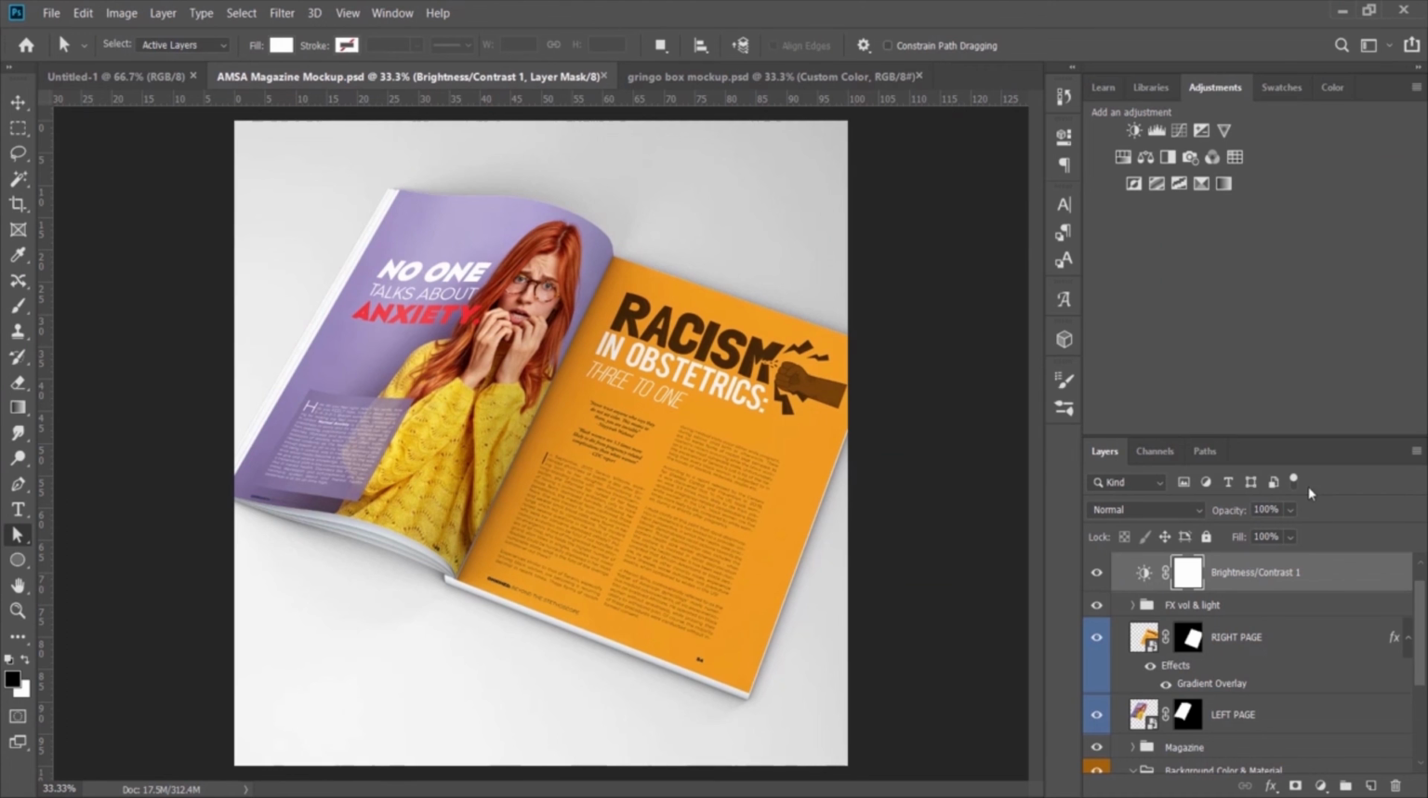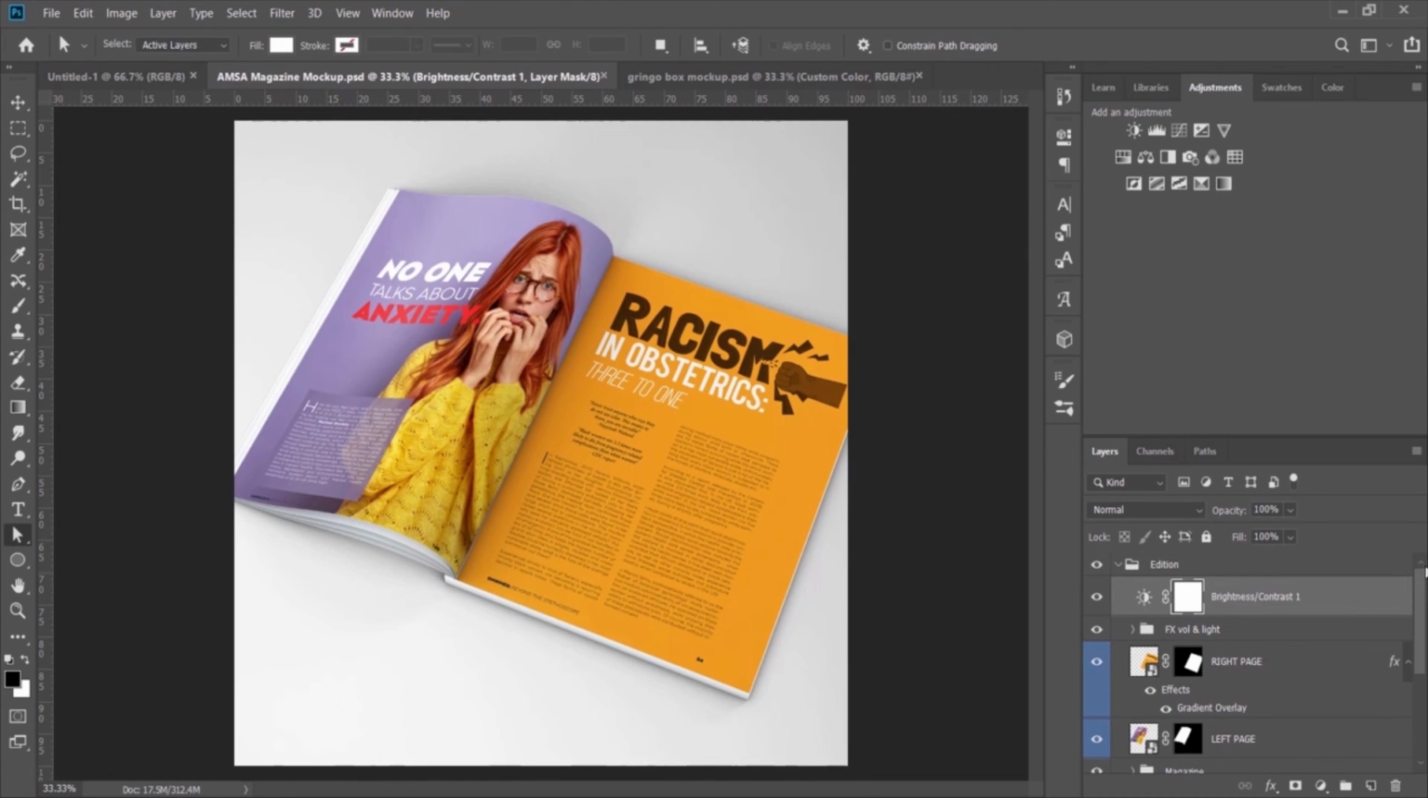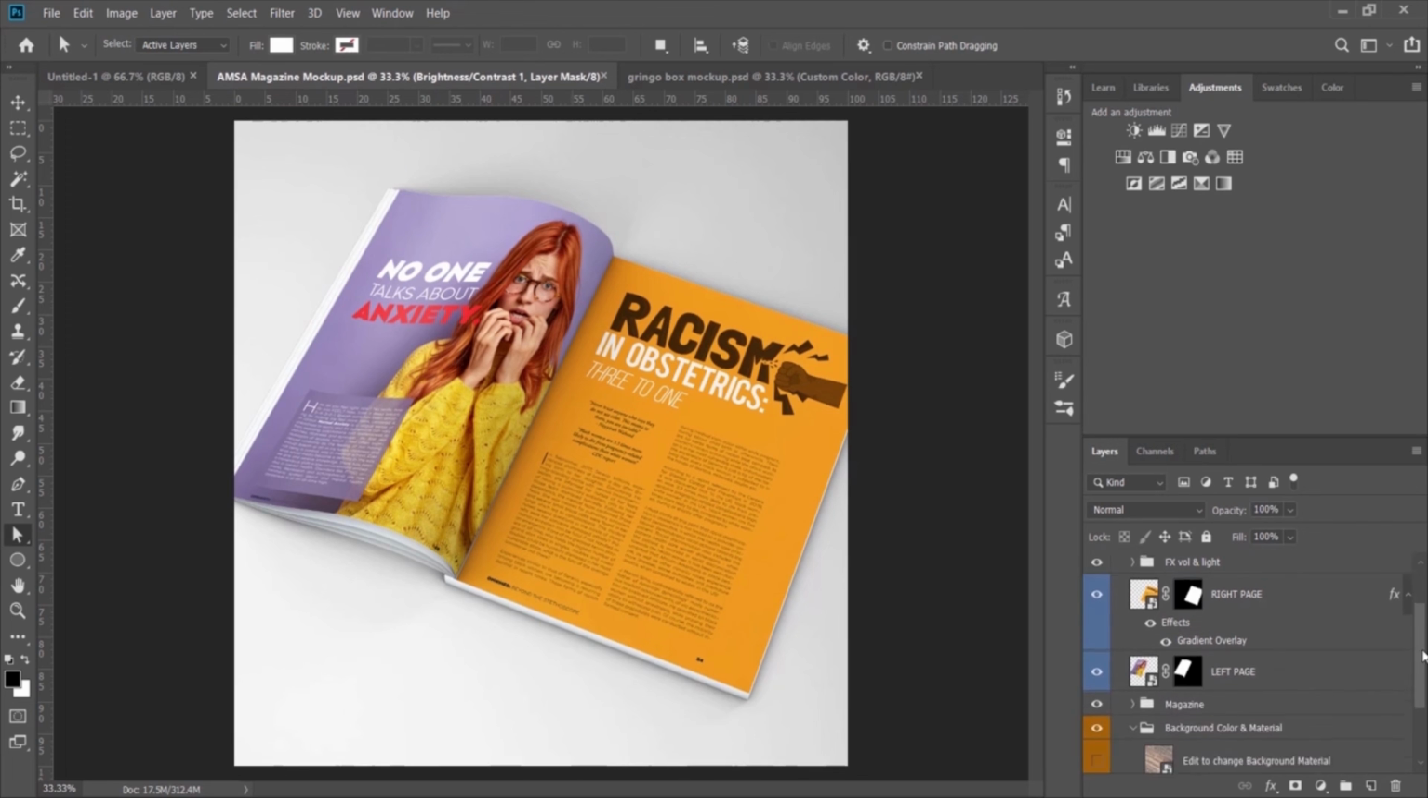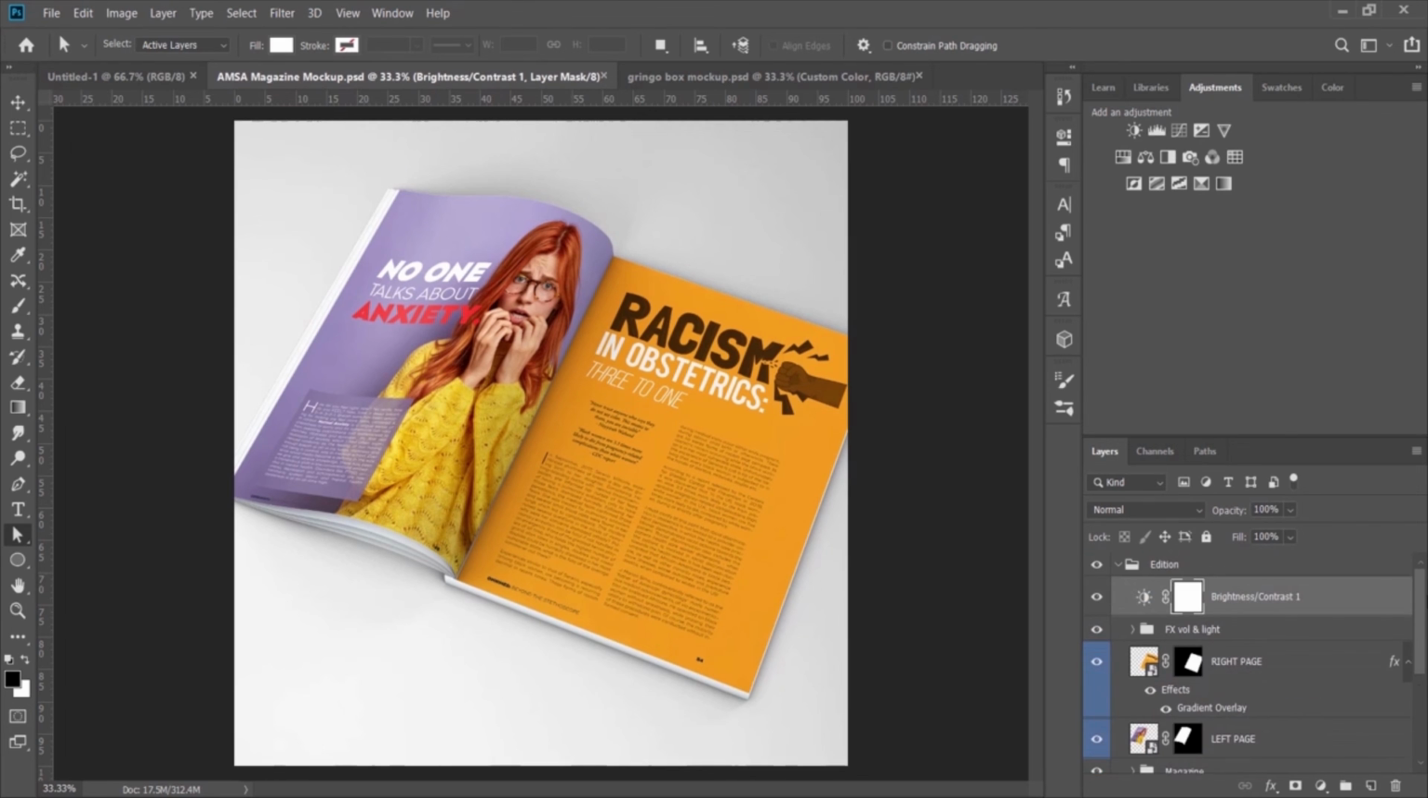Alright, so mockups work on a basic principle or function in Photoshop, which is or are smart objects. So smart objects are like containers that contain objects, images, shapes, and basically anything you can put in